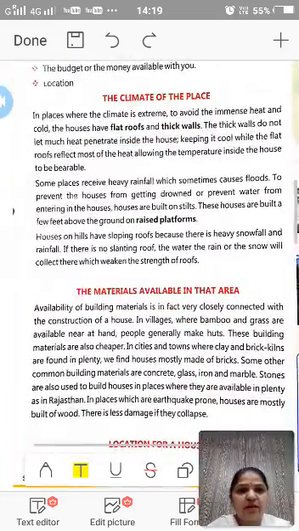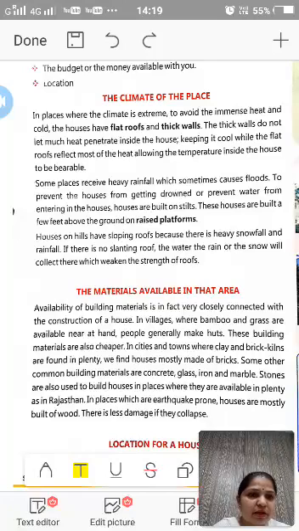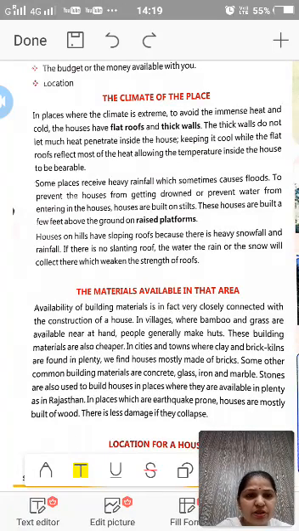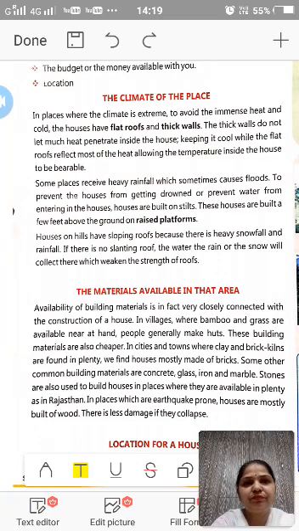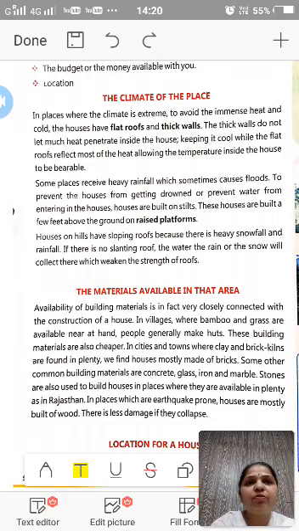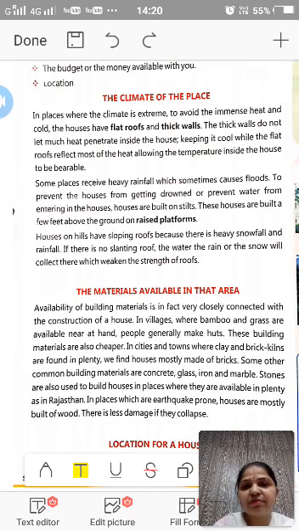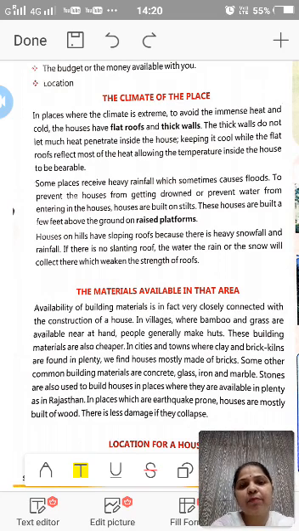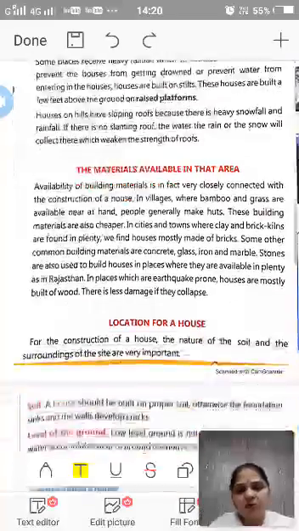And the third one is budget. The economic condition of a family, what it can afford to spend in constructing a house, and social status determine the type of houses of people. People with low income will build small houses, but a man with abundant means will build a very big and fashionable house. So budget is very important to make a house.